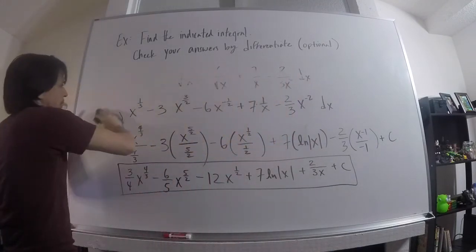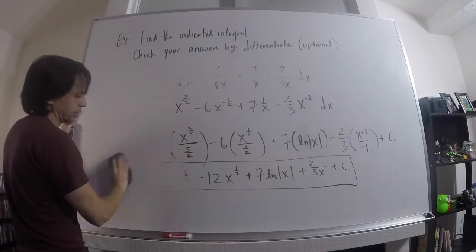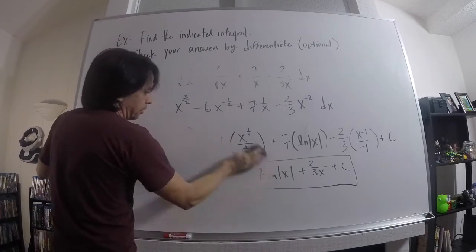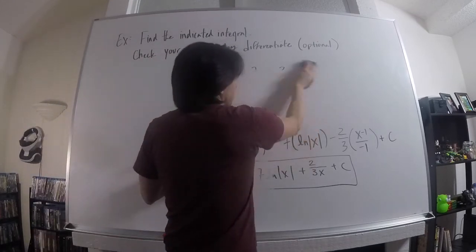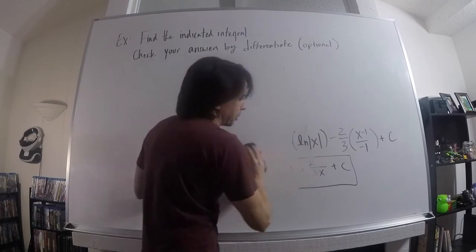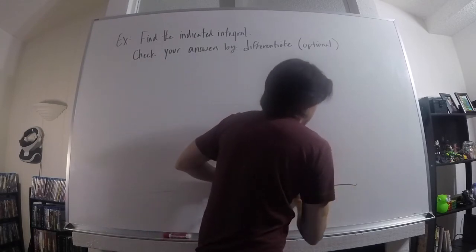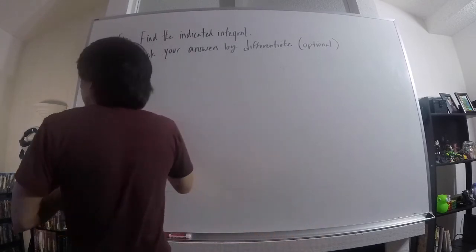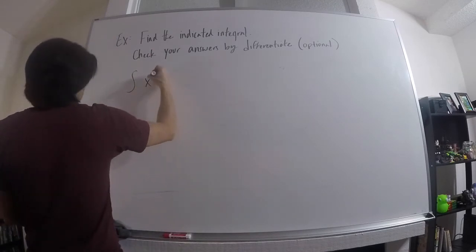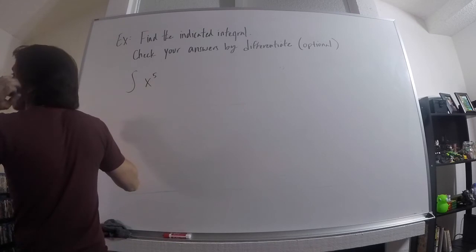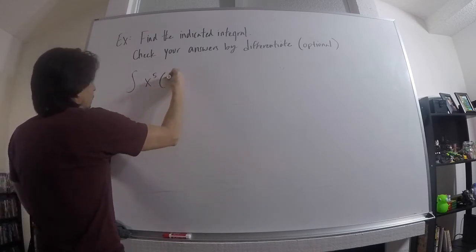Next, we have to talk about some weird looking integrals that we just have to work with and simplify and rewrite for us to be able to tackle them. So the next one is going to be the integral of x to the 5th times 3x plus 1 squared